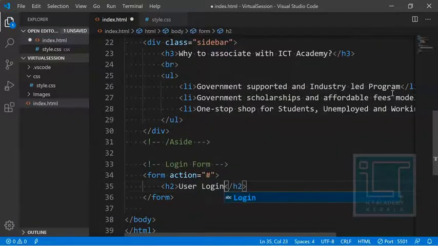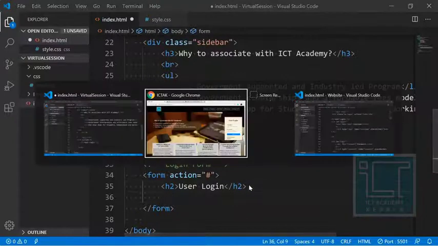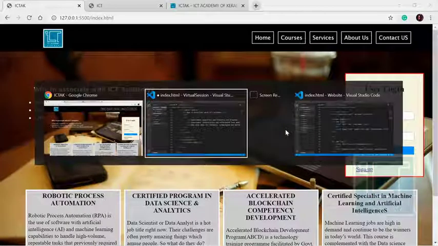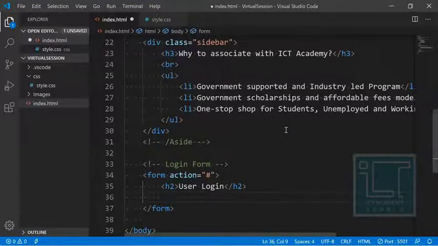Then what we need next is a username, and this username is not actually a p tag, but is called a label. So after the h2, let's give a br tag. Then after that we can provide a div tag.